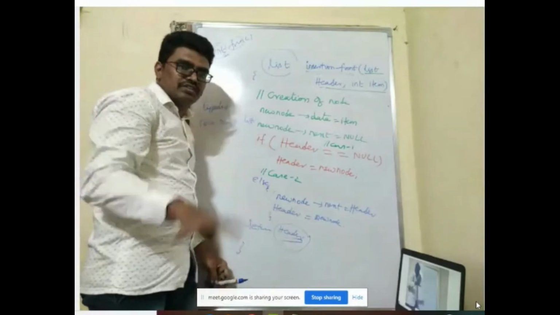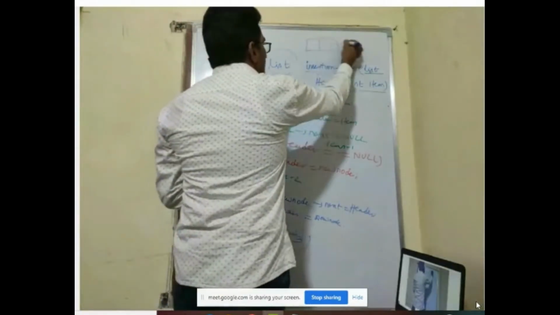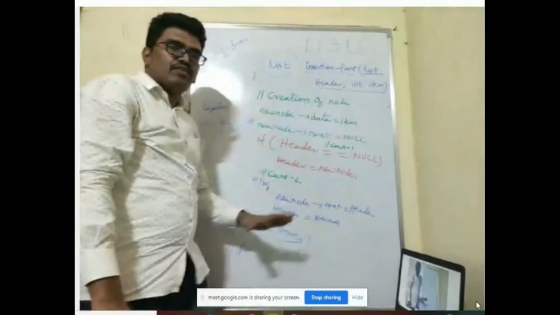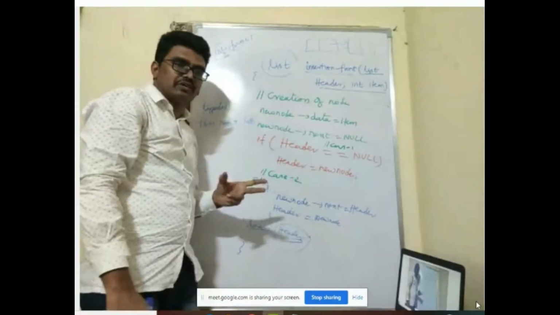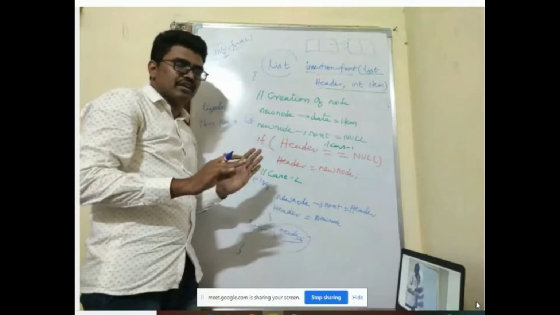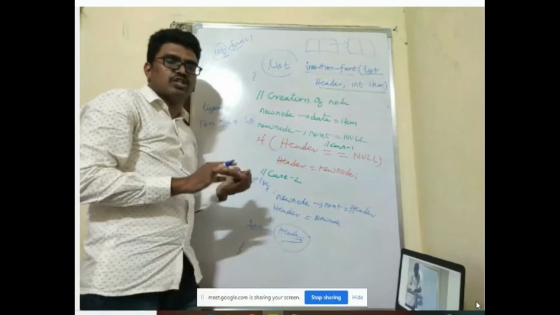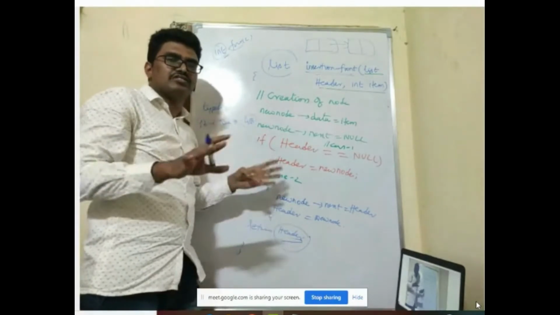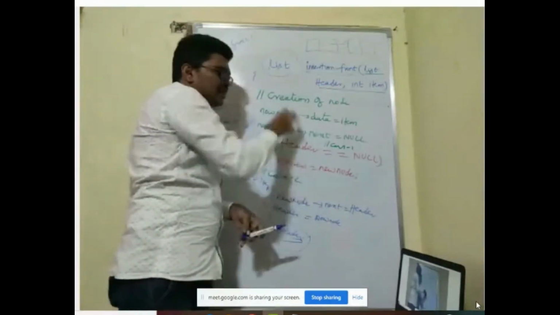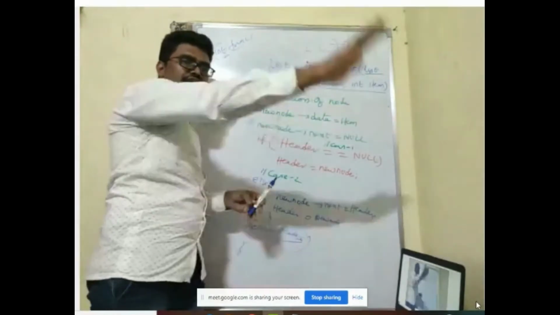First and foremost, whenever you get the concept, draw the diagram first. Draw the diagram, analyze the cases. For all the operations, we have those two cases only. Case one is when the list is empty. Case two is when the list is not empty. You remember those two cases. Draw the diagram, put the cases, write theoretically, convert the theoretical into an algorithm, and convert the algorithm into a function.